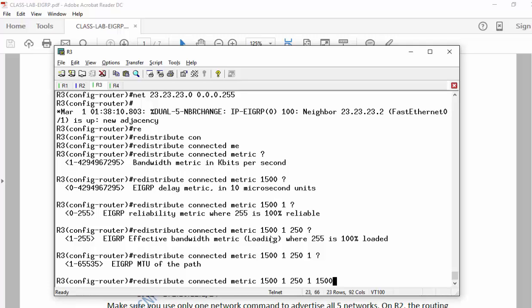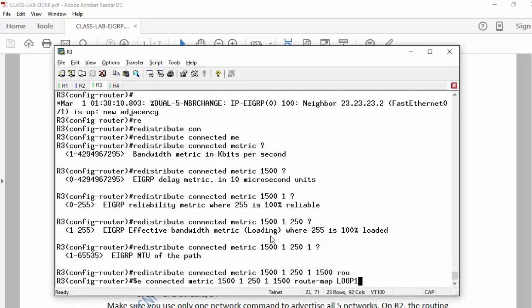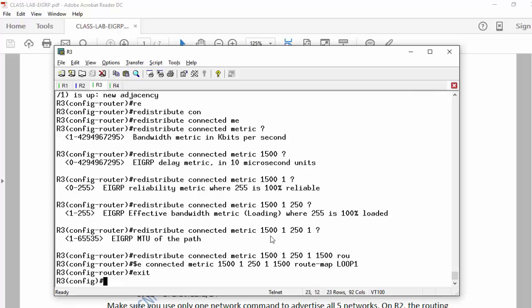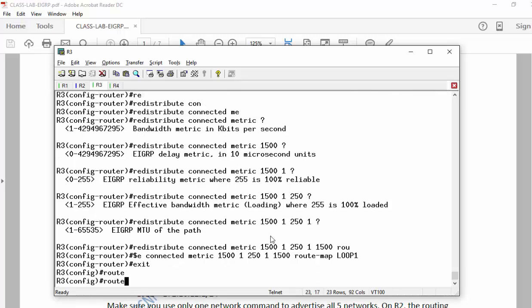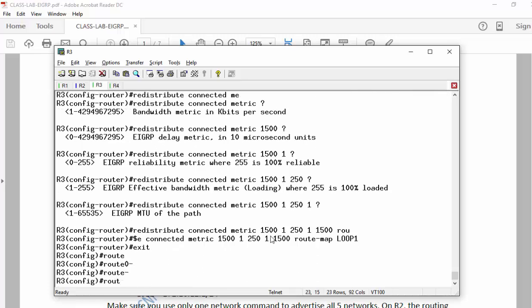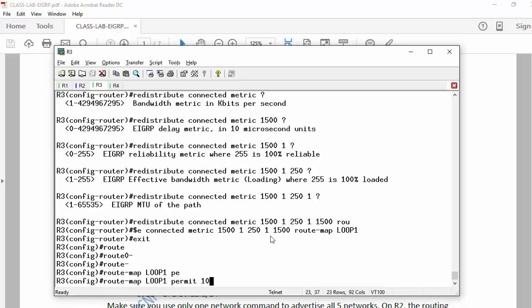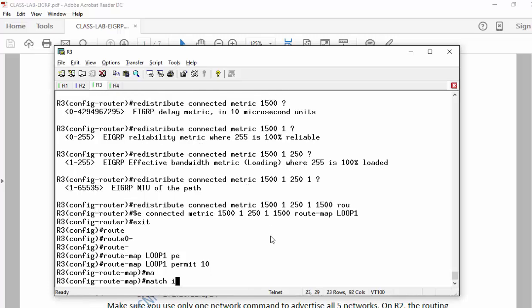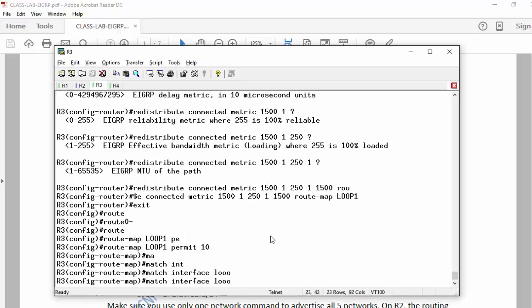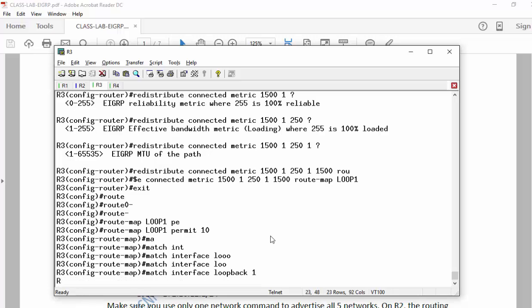So the best is to try to type something like this, and I'm going to put something called route map loop 1. So I have to create a route map called loop 1. So I'm going to say route map loop 1 permit 10, match interface loopback 1. So I'm 100% telling it to only advertise loopback 1 in the network commands, not network command guys, in